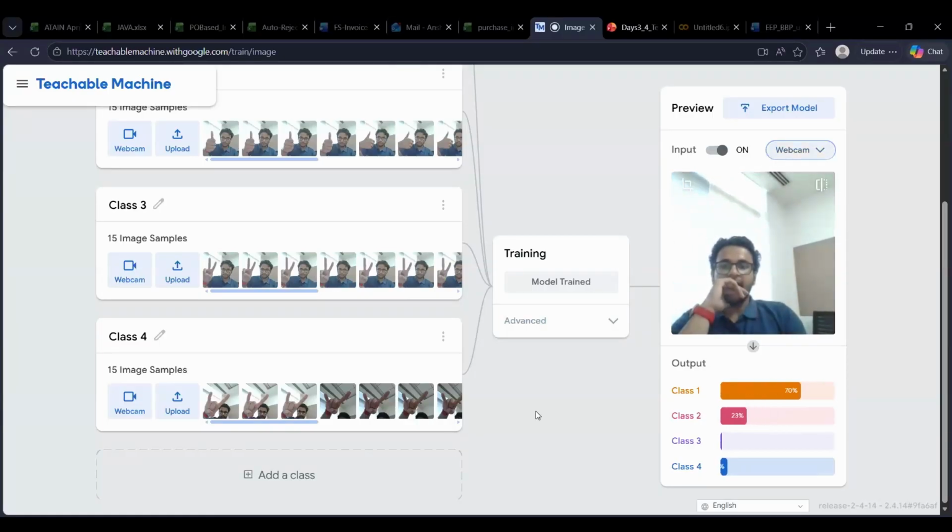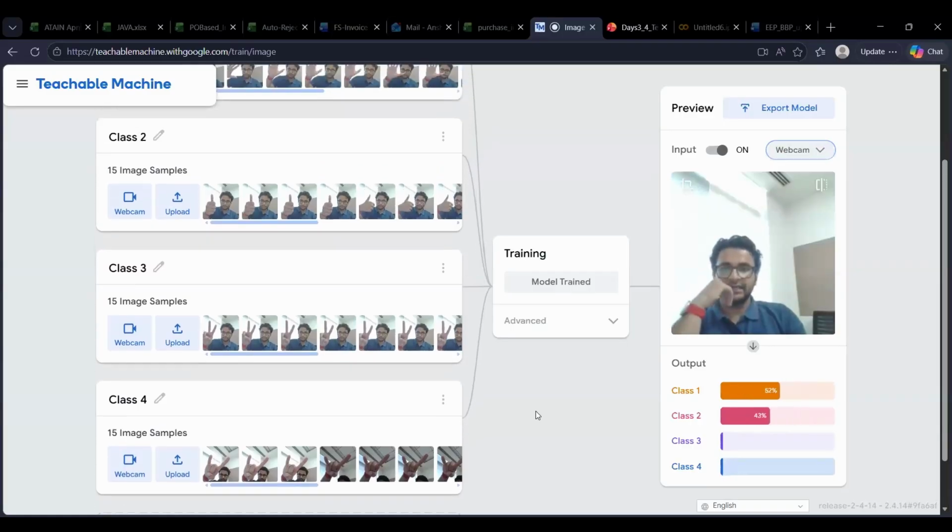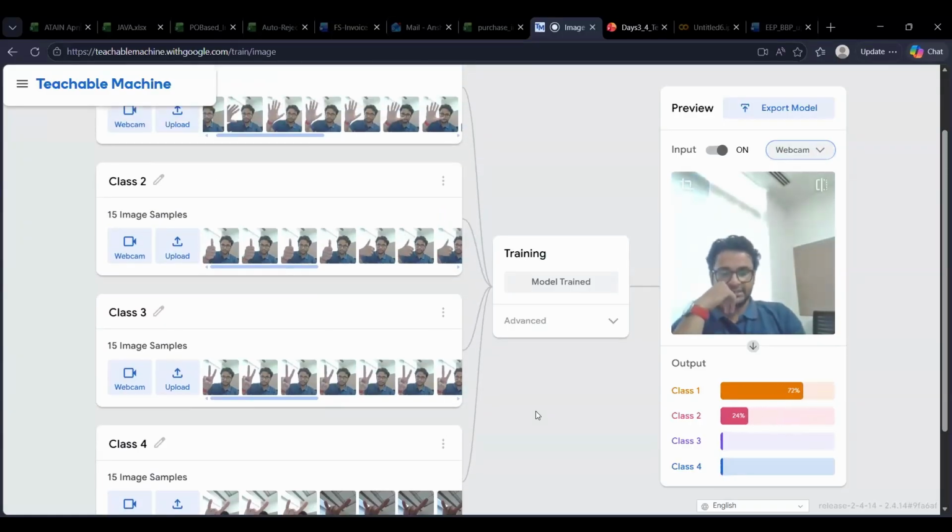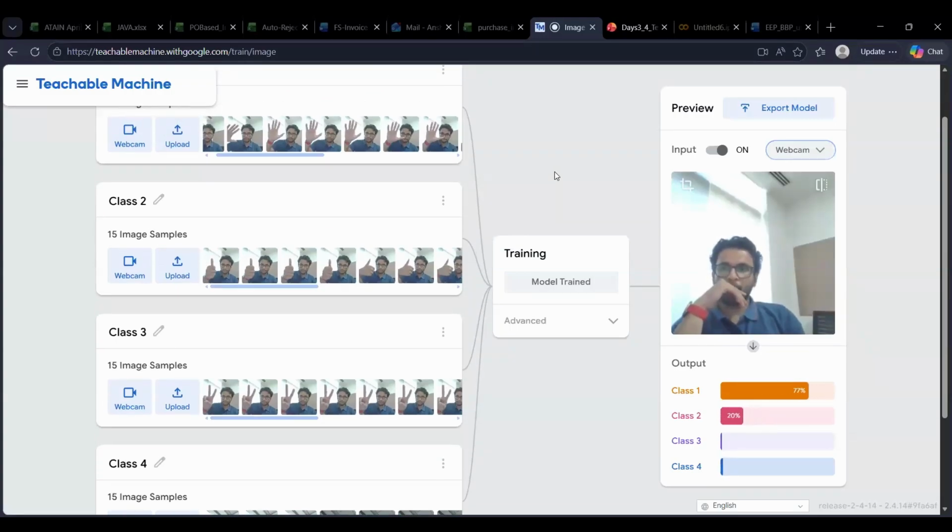So if I add the ceiling in some other examples, how will it be effective? Can anyone tell me? It would get confused, but it would still give the fourth class as the majority. Should we try? Yes, sir. Okay, let's try.